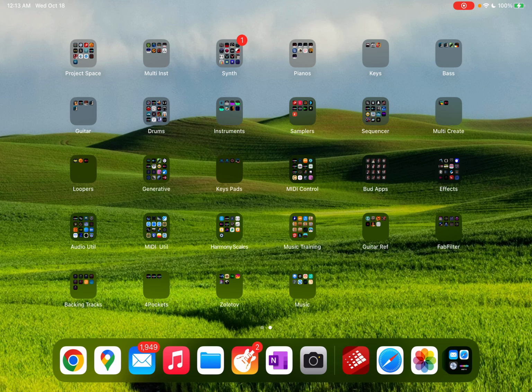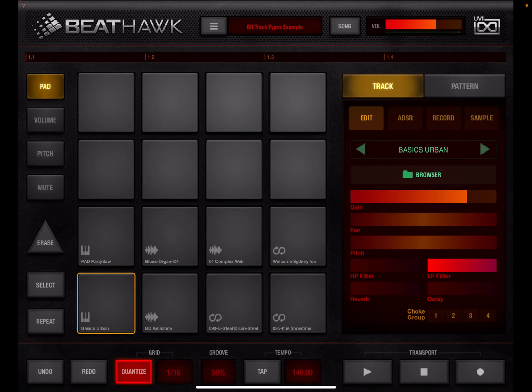Today we're going to be looking at BeatHawk. Again, this will be the second in the series. Not sure how far this is going to go in terms of numbers, but number 2 here. We'll see what happens. Today, however, the topic will be pads and how to play them and using samples in pads. So I'm going to go into detail in this episode primarily about how you use samples and pads,